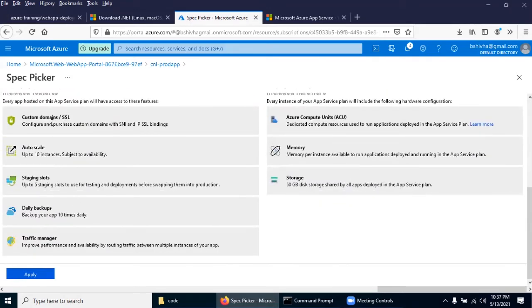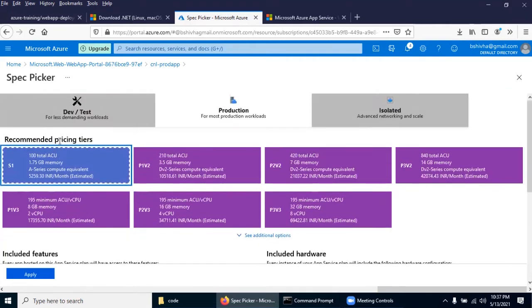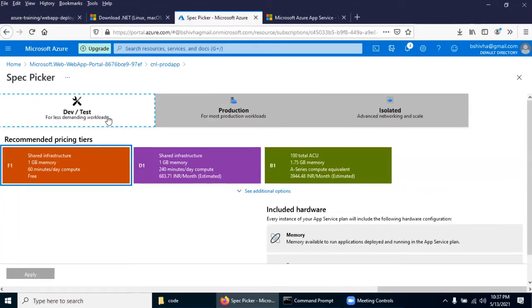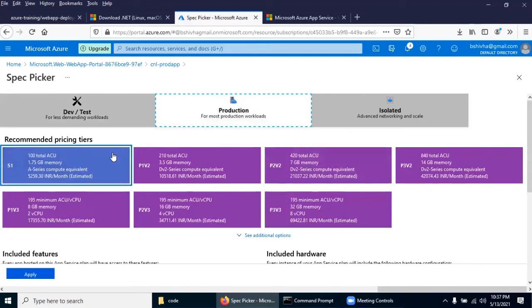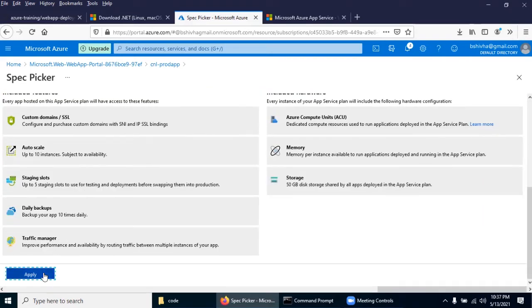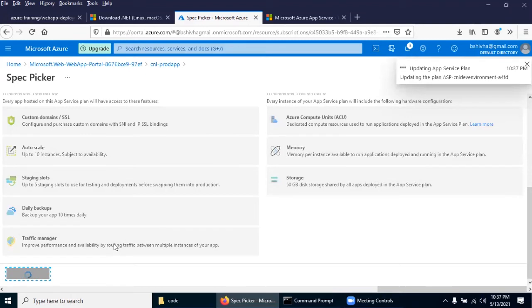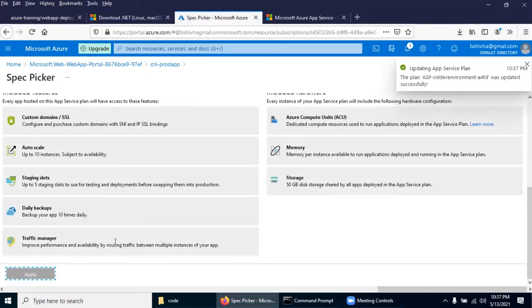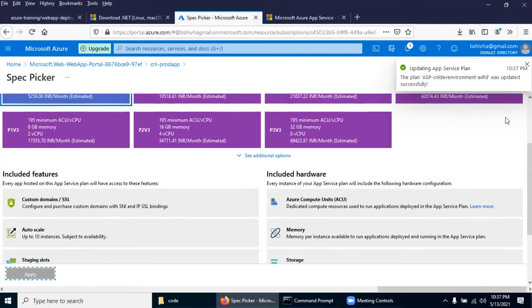So you can even attach it to, say, www.iccbank.com or your project-related business domain. That is also possible, but only in the production tier, not the dev or free tier. For testing it's okay, but if you want to do everything as failover and scaling, then definitely you need to pick the production-related pricing tiers. Coming down, I'm going to say apply. So you got successfully chosen.